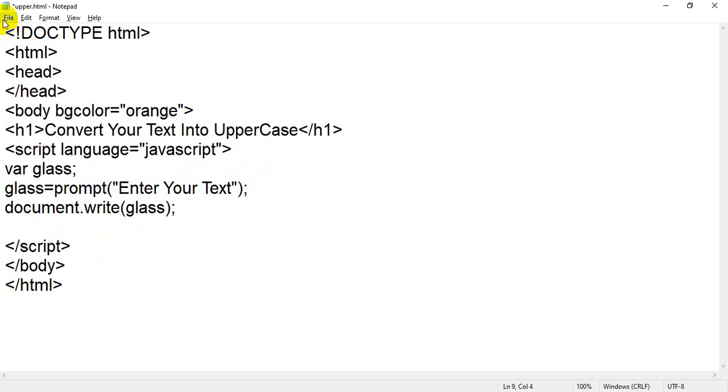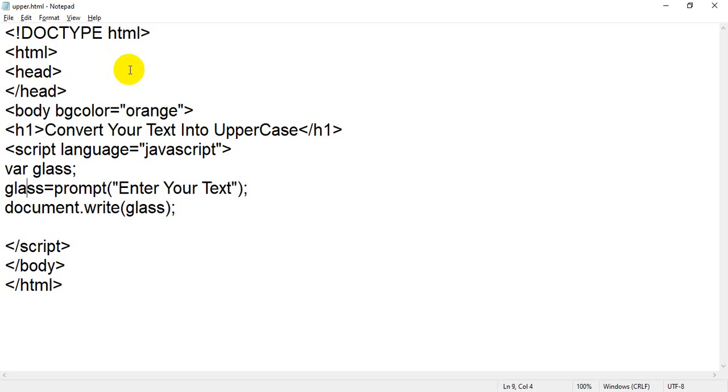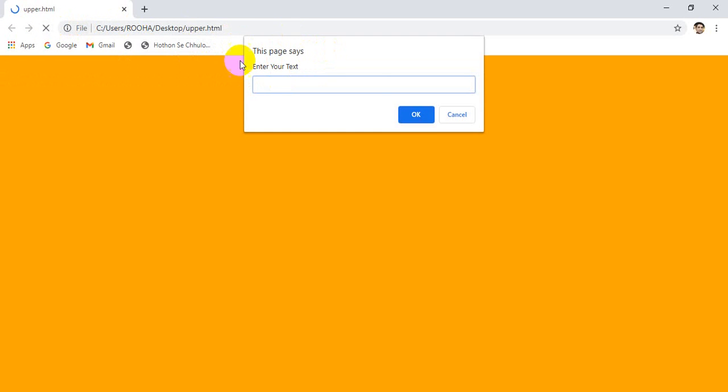Okay, so let me save this. Flip back to your browser now and refresh it. Now you will get this box. Inside that, if I write milk, student, please pay attention, I have written milk. So when you click on OK, this value will be stored inside your variable called glass.